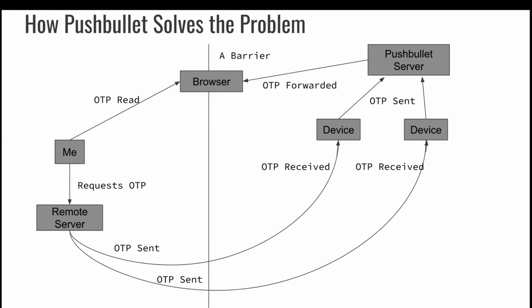But how does it work? How does the browser know it's the same OTP you're trying to access from the same device that it was sent to? So what you have to do is install the Pushbullet app either on your Android or iOS device, log in with the same account either with a Facebook or Google account, and then go to the pushbullet.com website and log in with the same account that you logged into the app. Once you do that, Pushbullet will be able to connect all these three, the devices and then the browser, and then all the messages that you receive on the devices, you can receive from the browser.